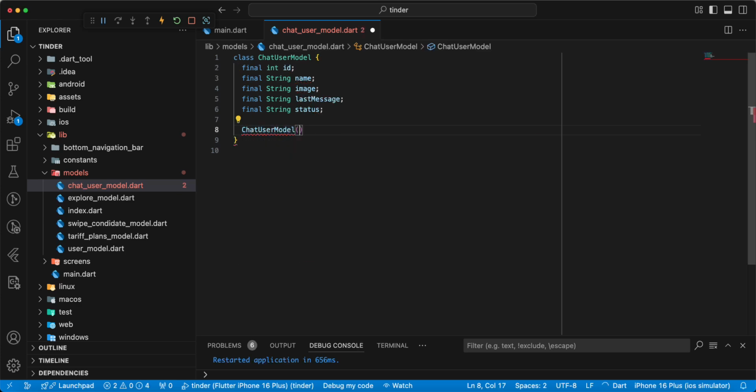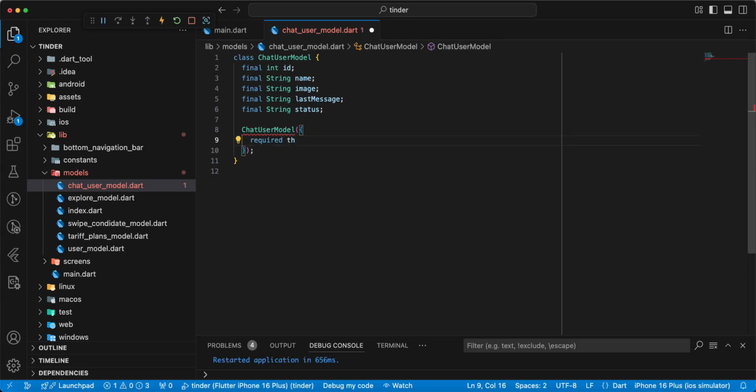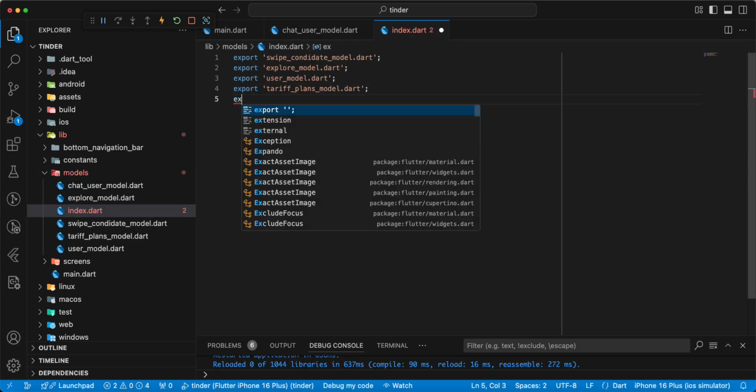Then we add constructor, required this dot id, save. Then we open index.dart, write export,